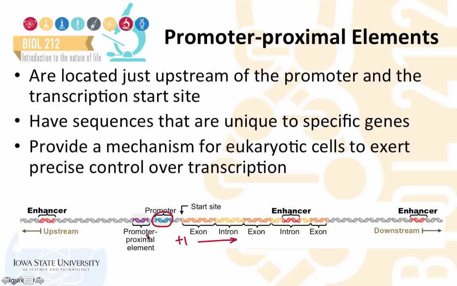In addition, regulatory sequences, which in this case are promoter proximal elements, are present upstream of the promoter. Regulatory proteins can bind these promoter proximal elements, leading to the recruitment of transcription machinery and facilitating the initiation of